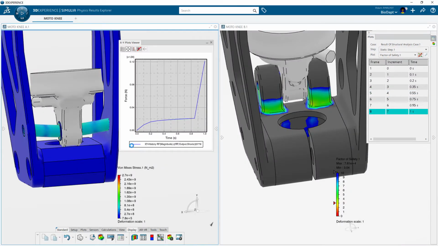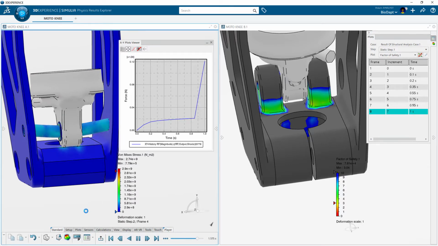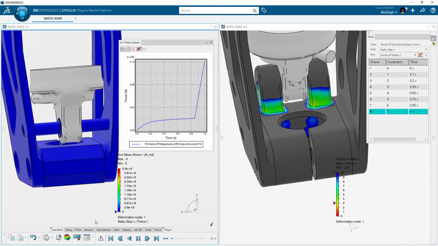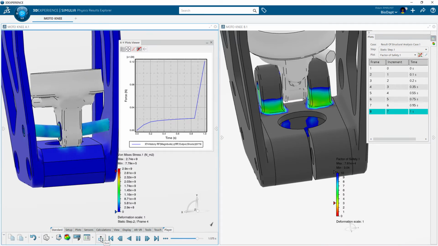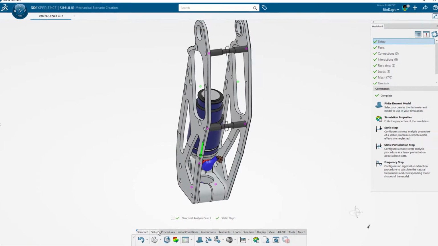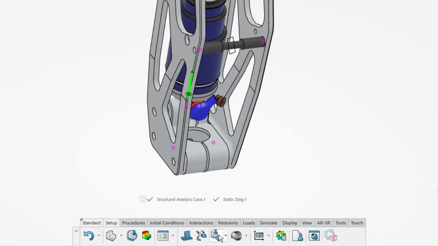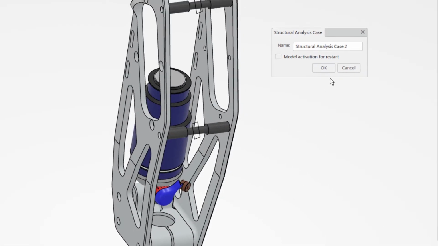With the results complete, Adam compares the two studies. He confirms the new Moto Knee lower bracket is now strong enough and no longer suffers from the excessive displacement of the earlier design. Similar to the creation of a linear structural validation, Adam is able to create a frequency